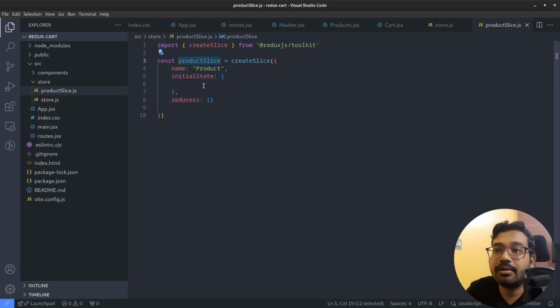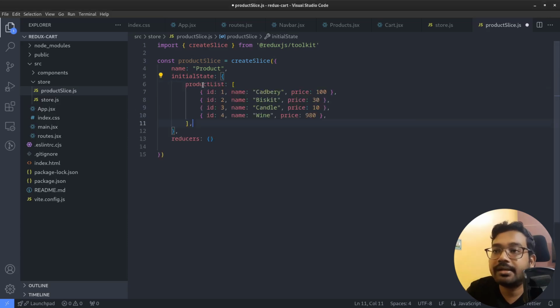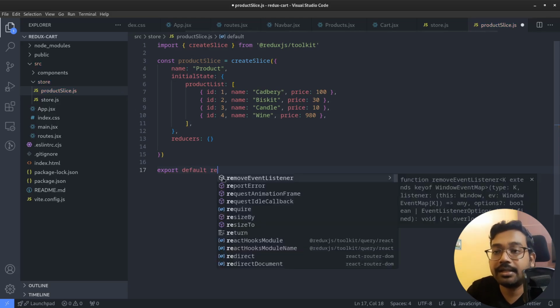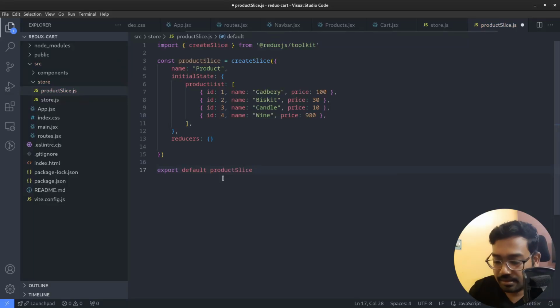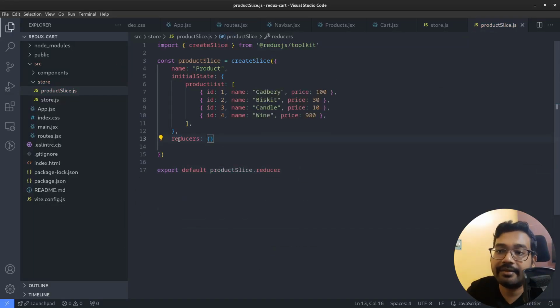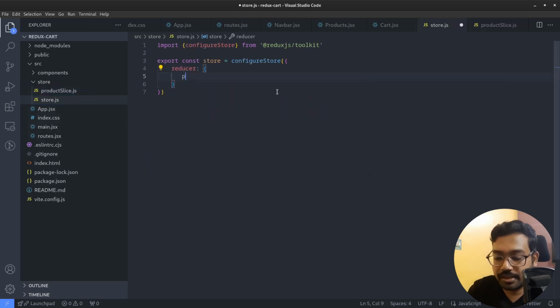Because the product slice will only store the list of products, we will not have any reducers. For initial state we will be entering some demo data. So let's enter some demo data. Okay, so this is our product slice. Now we need to export the reducer so that we can enter it in our global store. productSlice.reducer. Although we do not have any reducers, we need to export it and also add it in our store. Okay, so let's name it product,